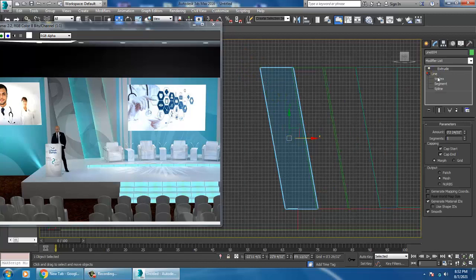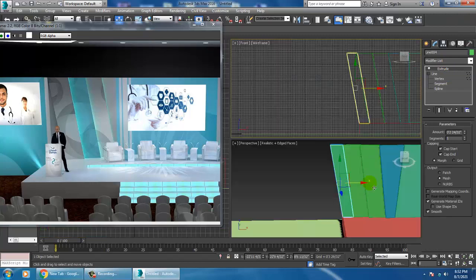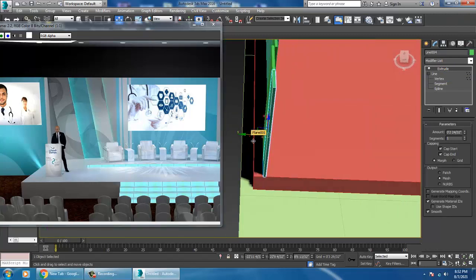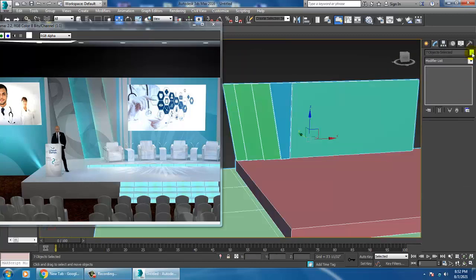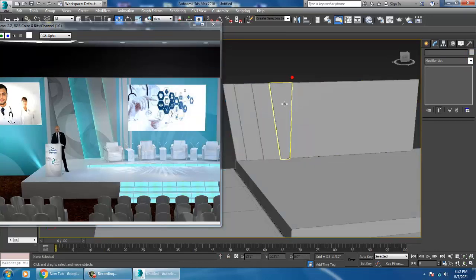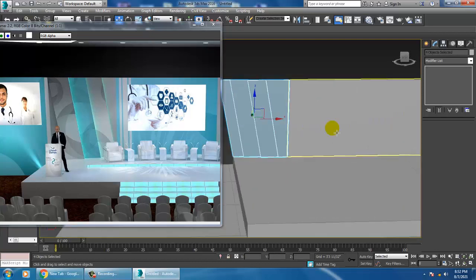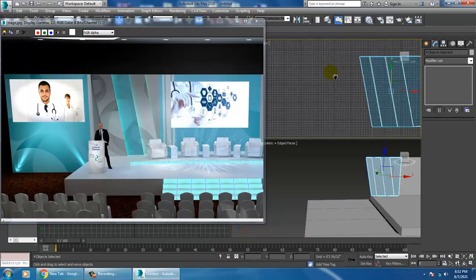I'll go into the vertices and slightly shuffle. I'll select all of this and give a color to it. So select this and we'll duplicate that. Before that, we'll be creating one more.